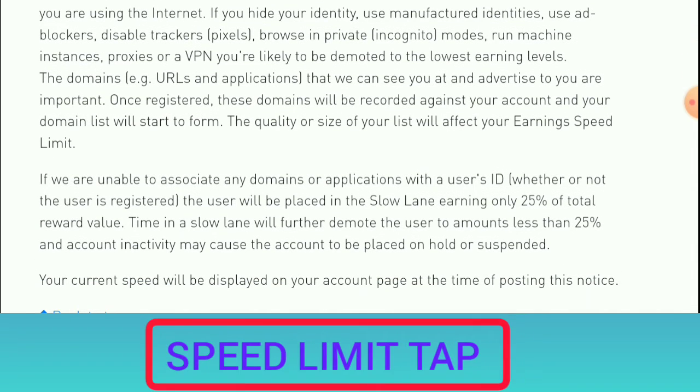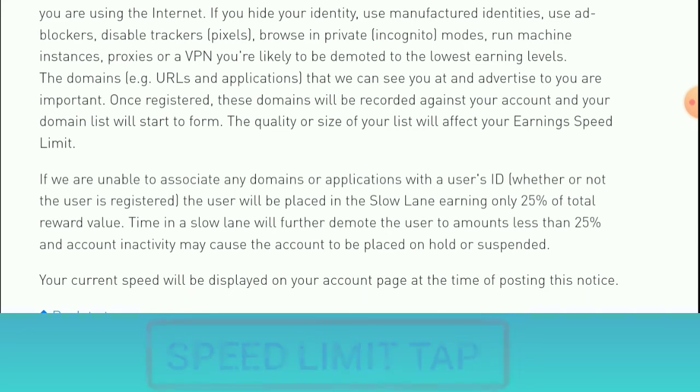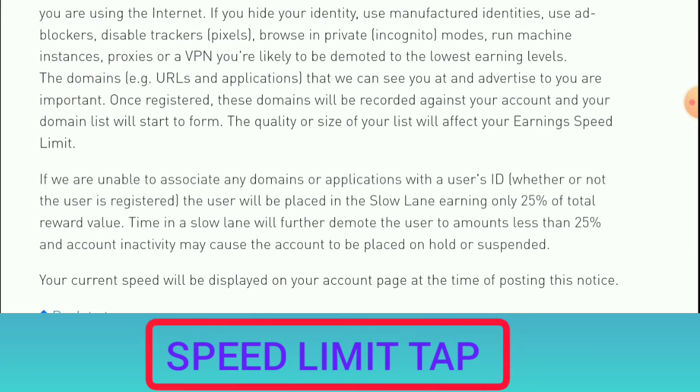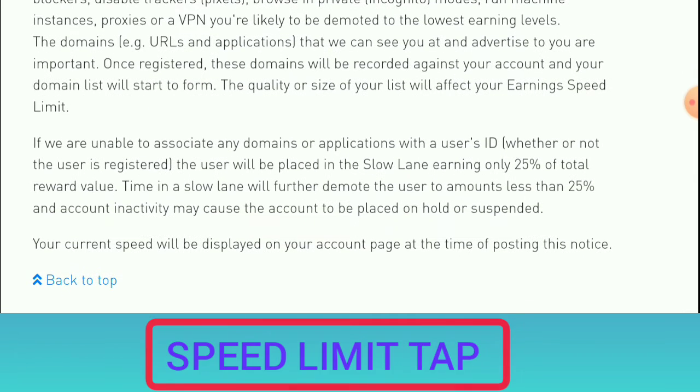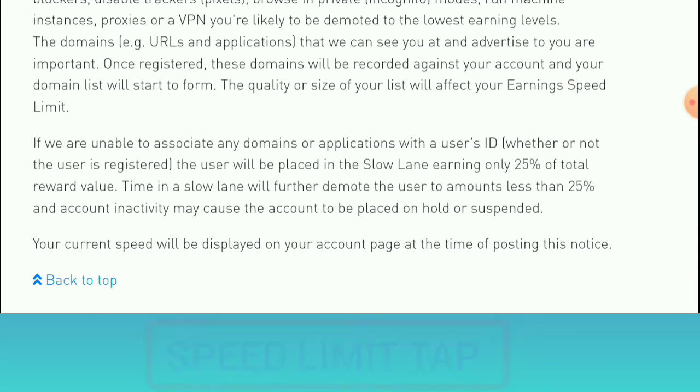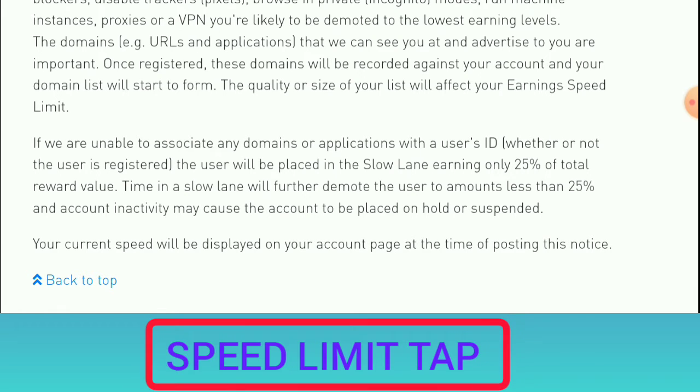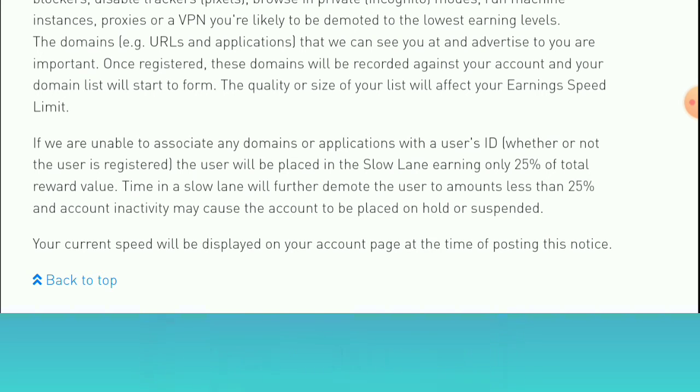Once registered, these domains will be recorded against your account and your domain list will start to form. The quality or size of your list will affect your earning speed limit. So the more you browse, the more you do all these things on the internet, they see where you are browsing.